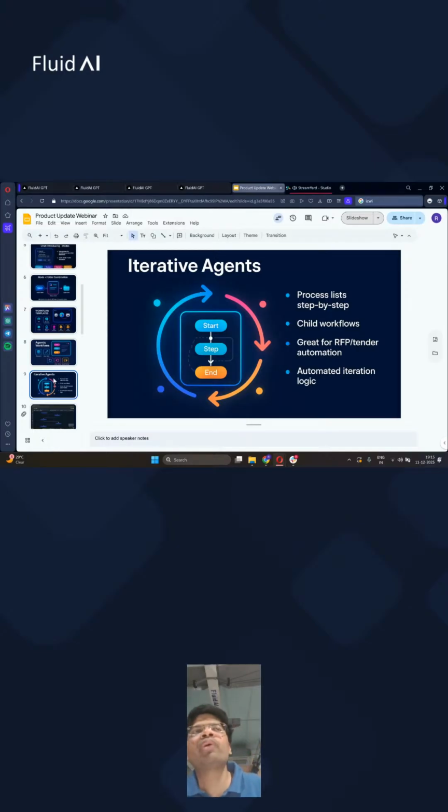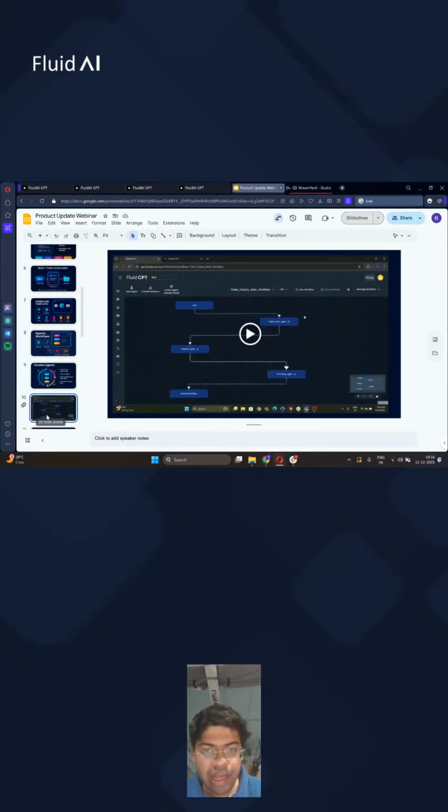Now, typically what would happen in the past is you would literally have to create each flow separately, right? Website A, analyze, give me the answer, then website B. Now, using these iterative agents, you can create the process step by step. You can create child workflows, which each agent keeps on working through again and again, without having to replicate the agent itself. This allows for a massive amount of iterations. And let me show you this in action as we go ahead.